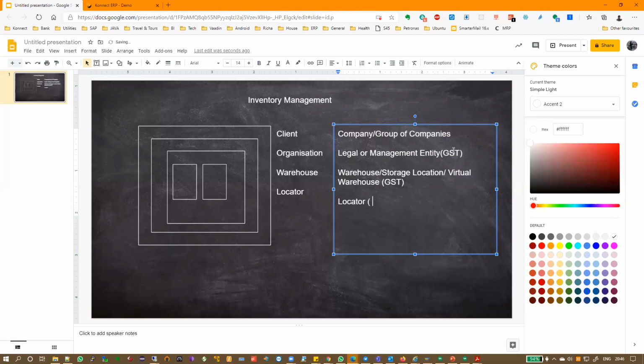Then comes the locator. In business terms, this is a bin, or you can call it a rack, or again, it could be a virtual classification. For example, in subcontracting we have a locator concept, and in consignment stock we also use this concept of virtual locators.